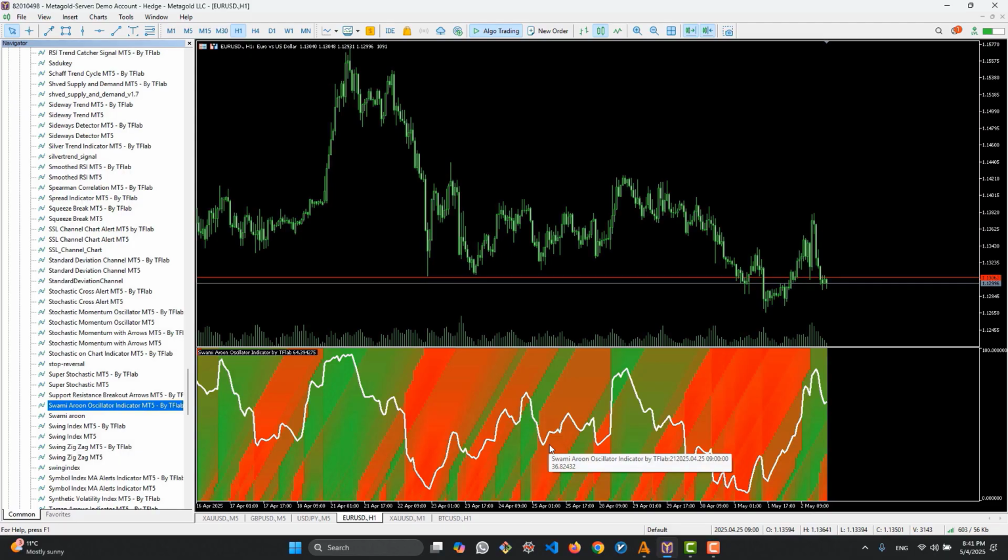and oversold areas, in such a way that when this white line is above 80, it indicates overbought areas, and when it is below 20, it indicates oversold areas. Also, when the area behind